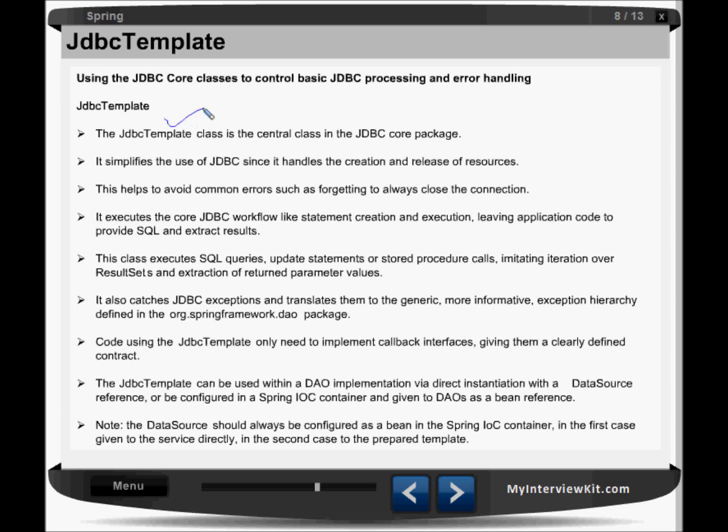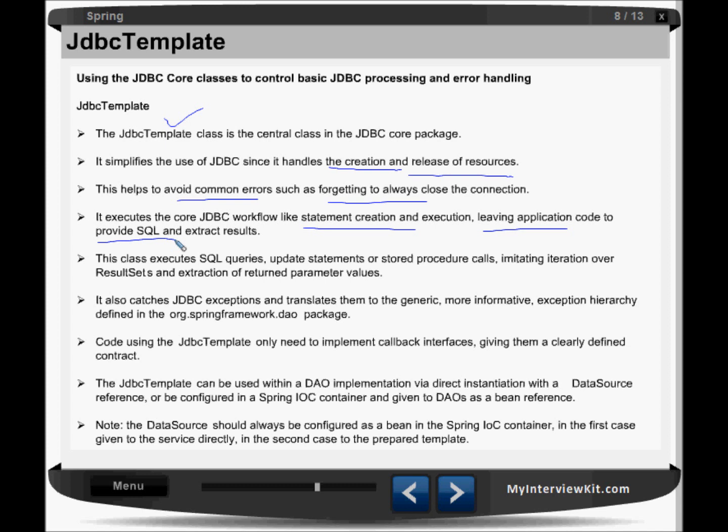It simplifies the use of JDBC since it handles the creation and release of resources. This helps to avoid common errors like forgetting to close connections, which we generally do, but this will take care of it, right? It executes the core JDBC workflow like statement creation and execution, leaving application code to provide SQL statements and extract results.